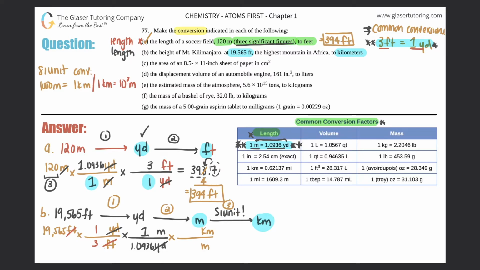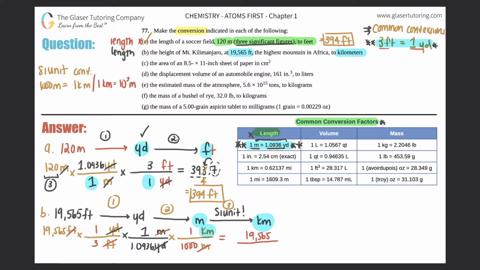So I'll just say 1 kilometer is equal to 1,000 meters. It's the same thing. And now I'm left with the unit that I want, kilometers. So I will do the math. So 19,565 times 1 times 1 times 1. So 19,565 on top divided by whatever this is. 3 times 1.0936 times 1,000